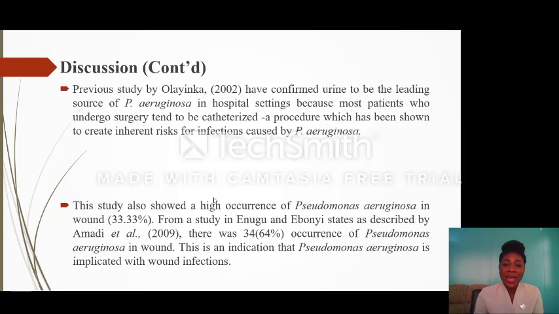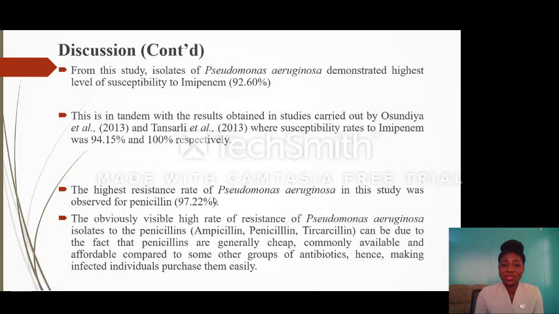From this study also, isolates of Pseudomonas aeruginosa demonstrated the highest level of susceptibility to imipenem, which is a member of the antibiotic class of carbapenems. It revealed 92.60% susceptibility. This is in tandem with the results obtained in studies carried out by Oshundiya et al., 2013 and Tasali et al., 2013, where the susceptibility rates to imipenem were 94.15% and 100% respectively. However, the highest resistance rate of Pseudomonas aeruginosa in this study was observed for penicillin with